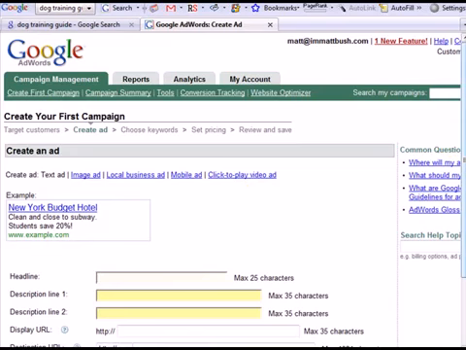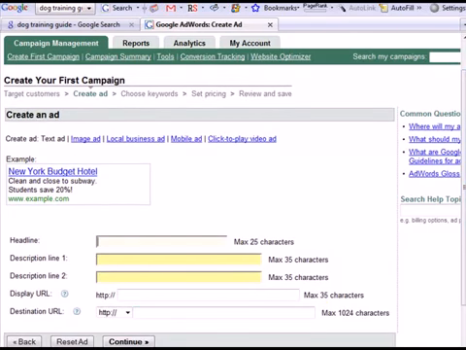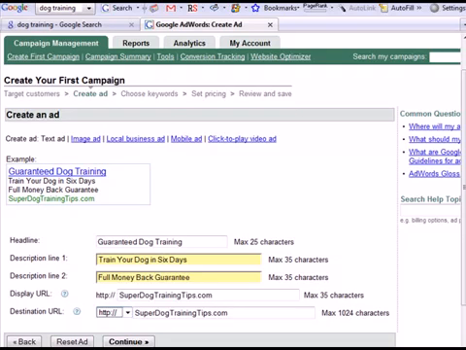Okay, so let's go back and actually create an ad. I'm going to start with a catchy headline. I went ahead and added some text in here. This isn't the perfect ad, but just to use an example, I went with guaranteed dog training. Then I wrote, train your dog in 6 days, full money back guarantee. I thought it was important to highlight that the training is not months long, it's just 6 days, and that there is a guarantee that you get your money back. So I think that would help people feel better. They want the solution now, and they want it quick, and of course they want it to be guaranteed.